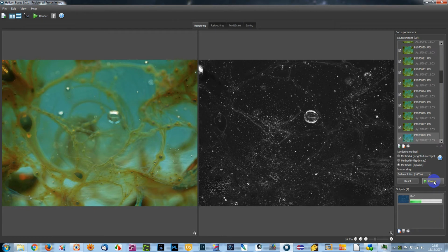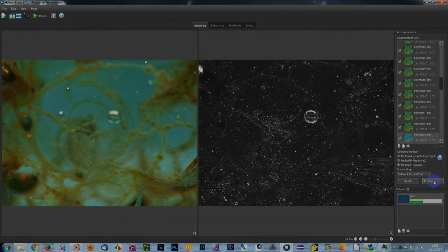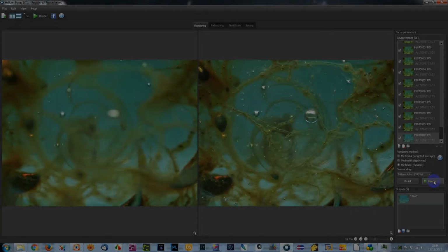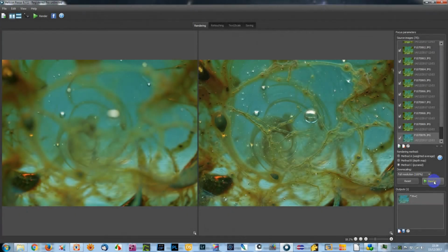So what we'll do is leave it there for the moment and come back when that's finished. Okay, it's finished now, and we've got a focus stacked image,